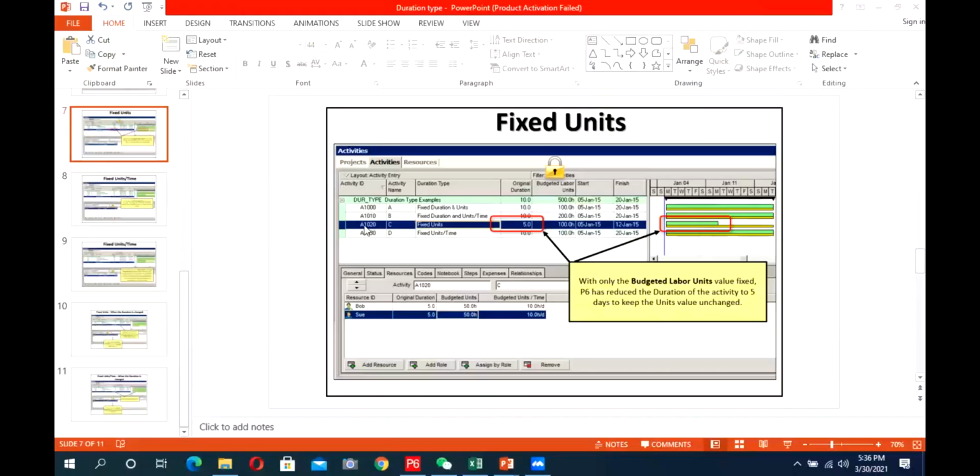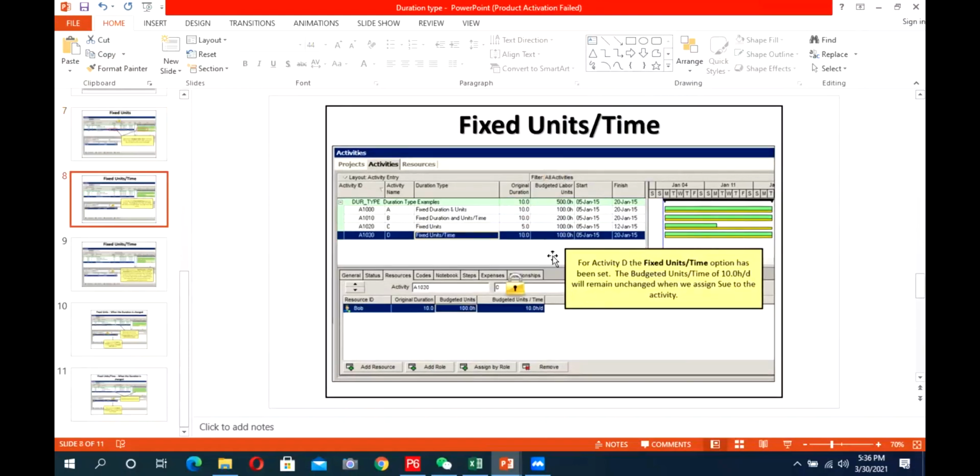So Mr. Hamza is asking what the difference is between fixed unit and fixed unit per time. In this slide we are explaining that when we choose the fixed unit type, even if we add resources, the overall unit remains the same.